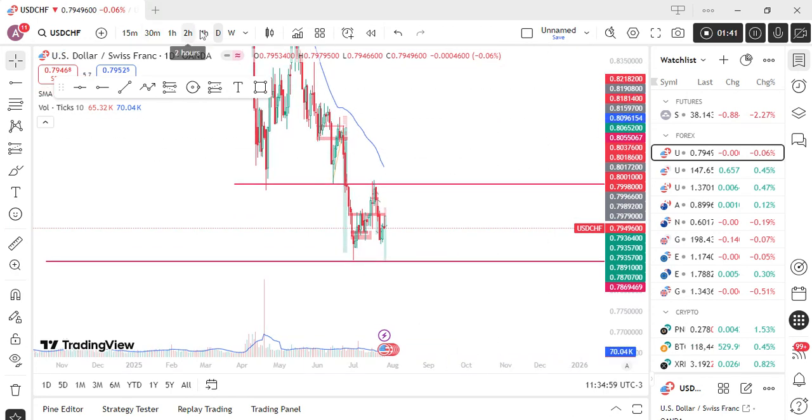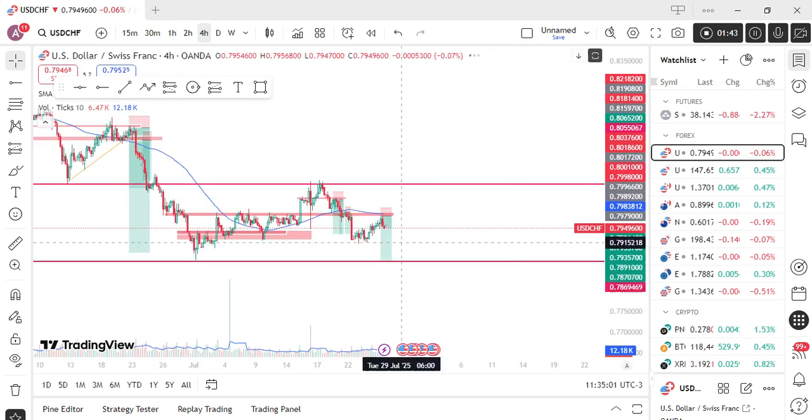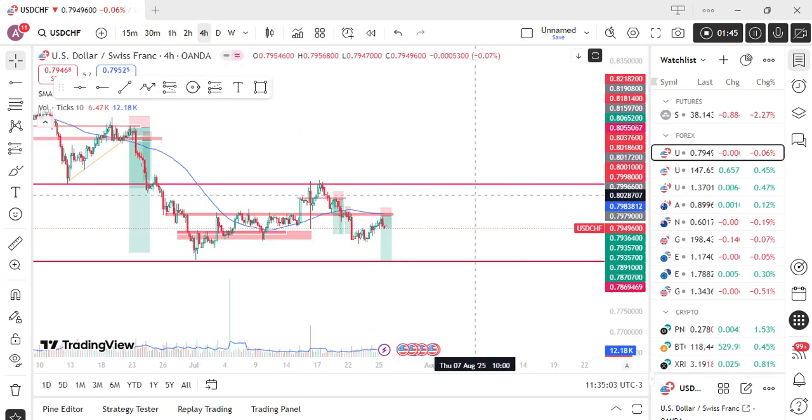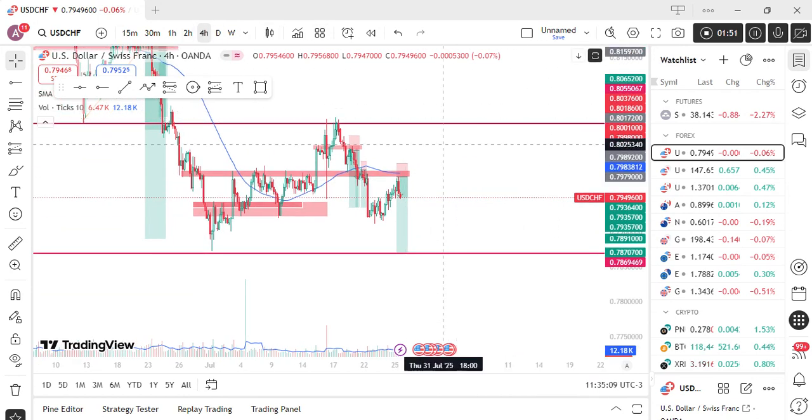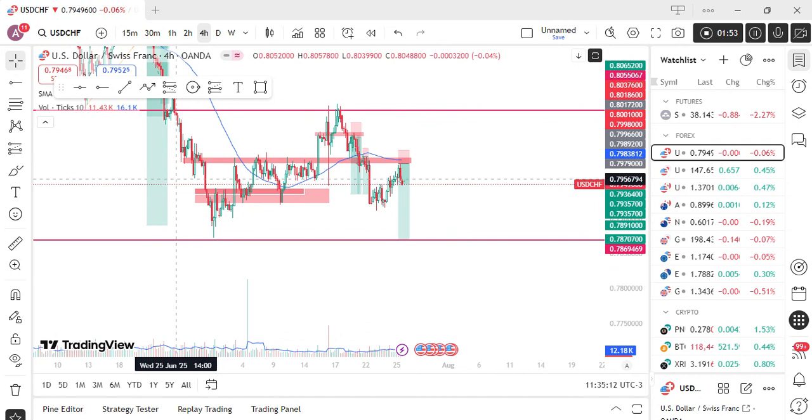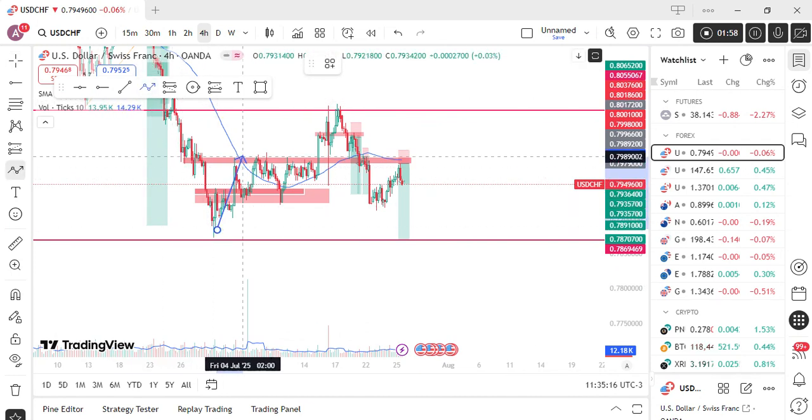And right now, why am I still saying bearish? It's because we can see that it makes sense. If you are following the trend, you make more money. The trend is our friend. So the best thing is that we follow the weekly and the big ways of the market. And we can see that we are doing the same thing again.